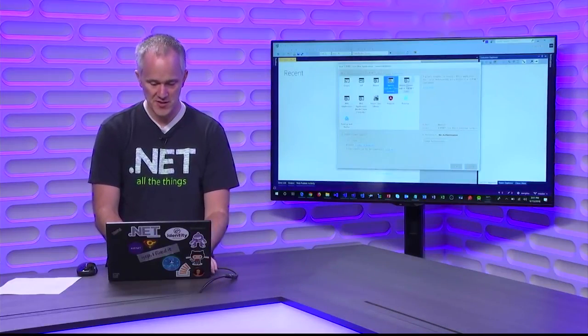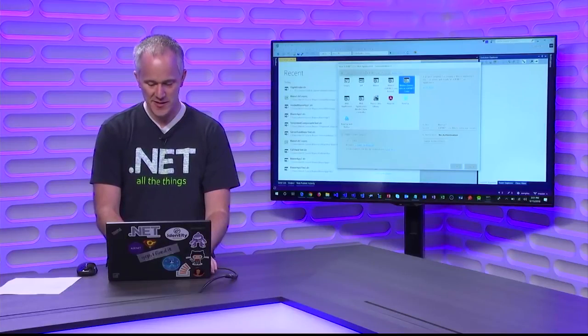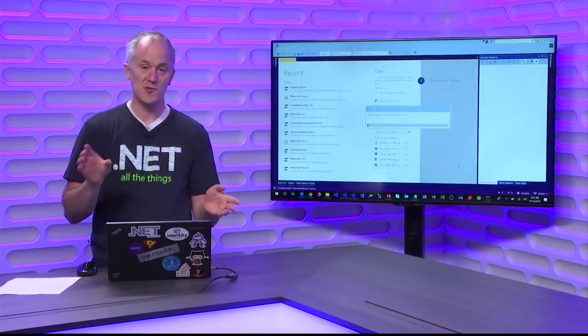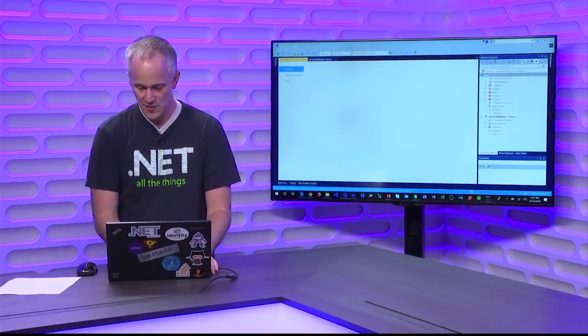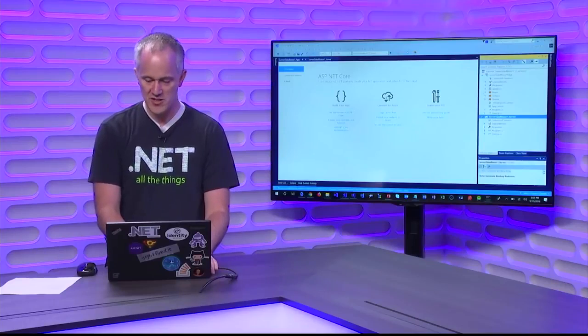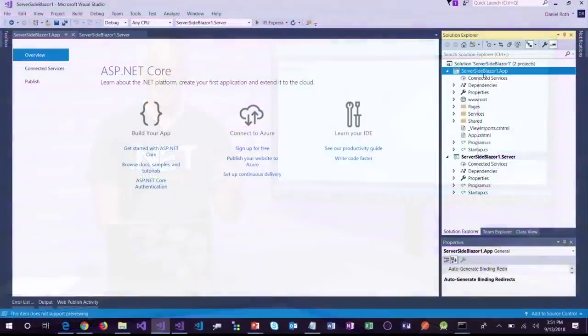OK, and I'm going to pick this third template, server-side in ASP.NET Core. And this template is set up to actually run Blazor on the server with a SignalR connection set up to the client. So we have two projects in this template. There's .server, that's the ASP.NET Core project, and .app, that's the normal Blazor project. Okay, if we run this, it has some different behaviors,